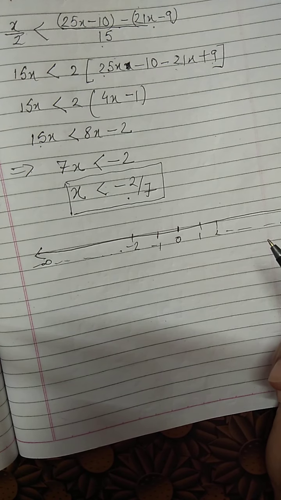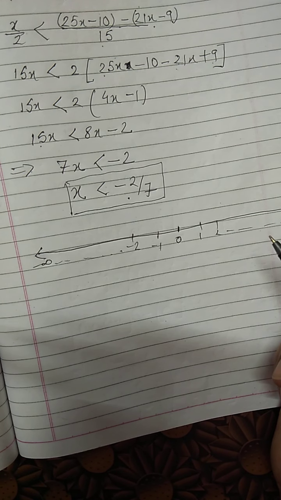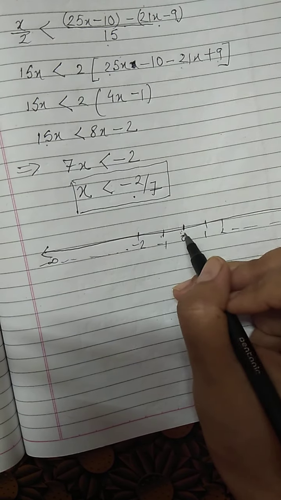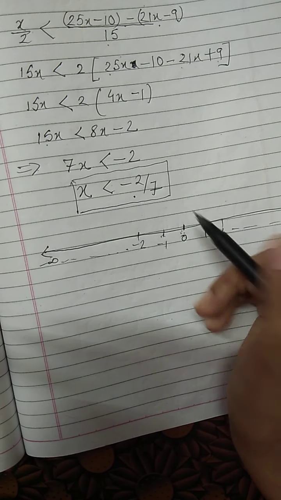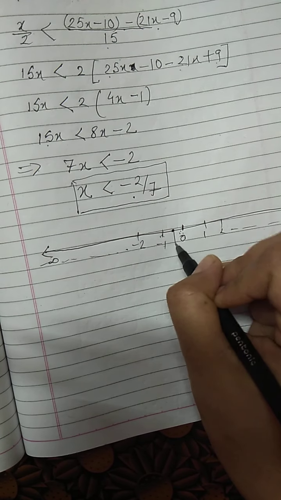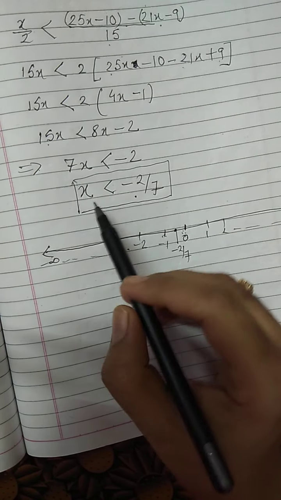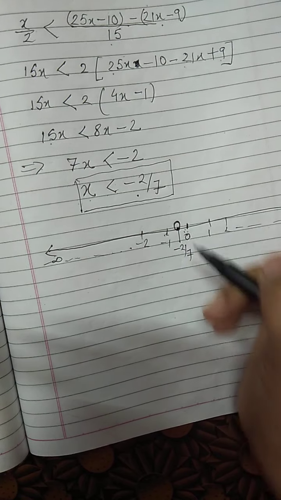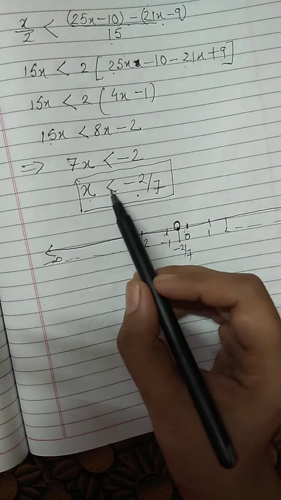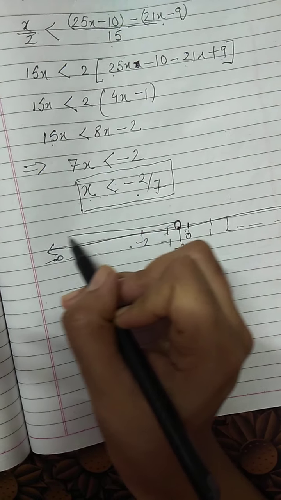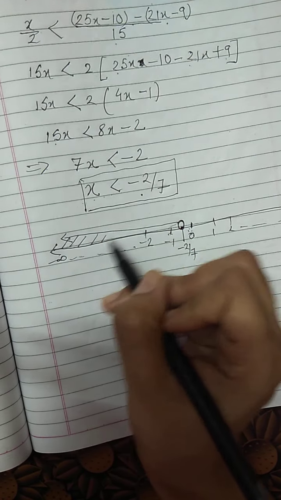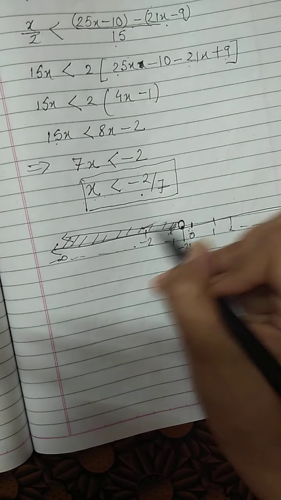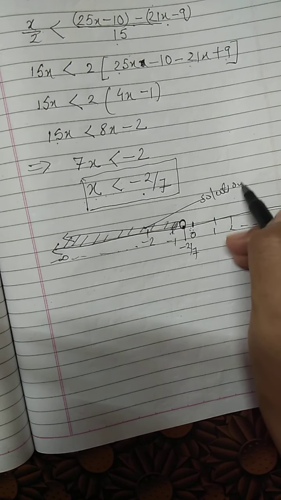I hope it is clear, because this will be something like minus 0.2 and 8 and 6 and so on. So it will lie somewhere between 0 and minus 1. Okay, so here if I mark that this is the point minus 2 by 7. We want all the real numbers which are less than minus 2 by 7, but we are not supposed to include minus 2 by 7. So I will put the hollow circle over here. All the real numbers less than this, that means again towards the left hand side, and I will shade the region here with pencil, and this will be our solution, right?